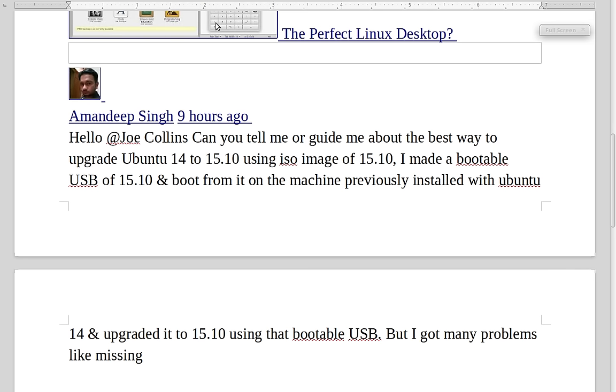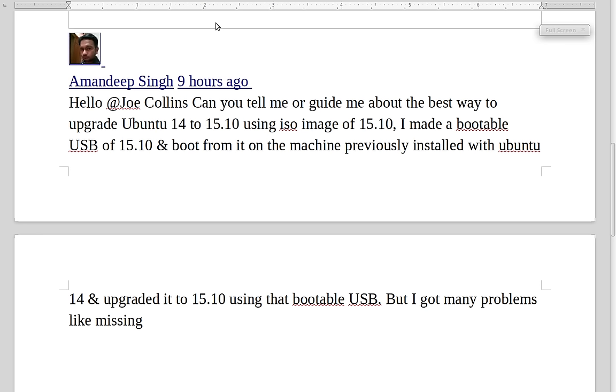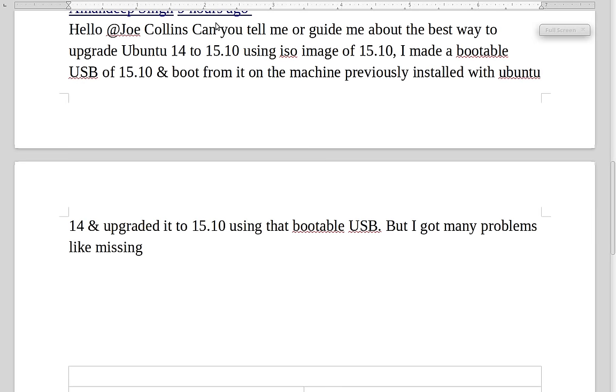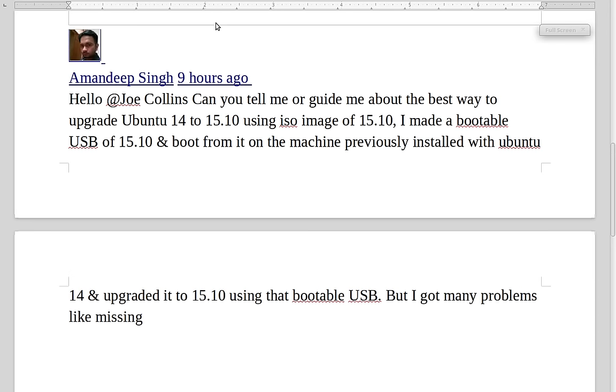Can you tell me or guide me about the best way to upgrade Ubuntu 14 to 15.10 using an ISO image of 15.10? I made a bootable USB of 15.10 and boot from it, and the machine previously installed with Ubuntu 14, and I upgraded to 15 using the bootable USB, but I had many problems like missing programs. I cut programs off there when I cut and paste this comment over, excuse me. All right, the answer to this question is